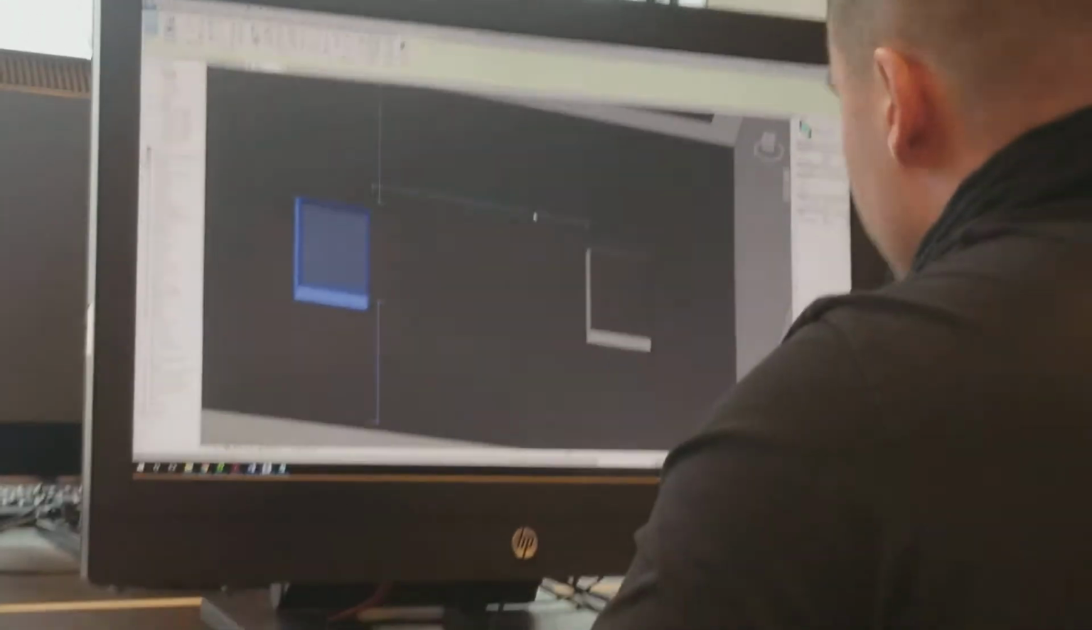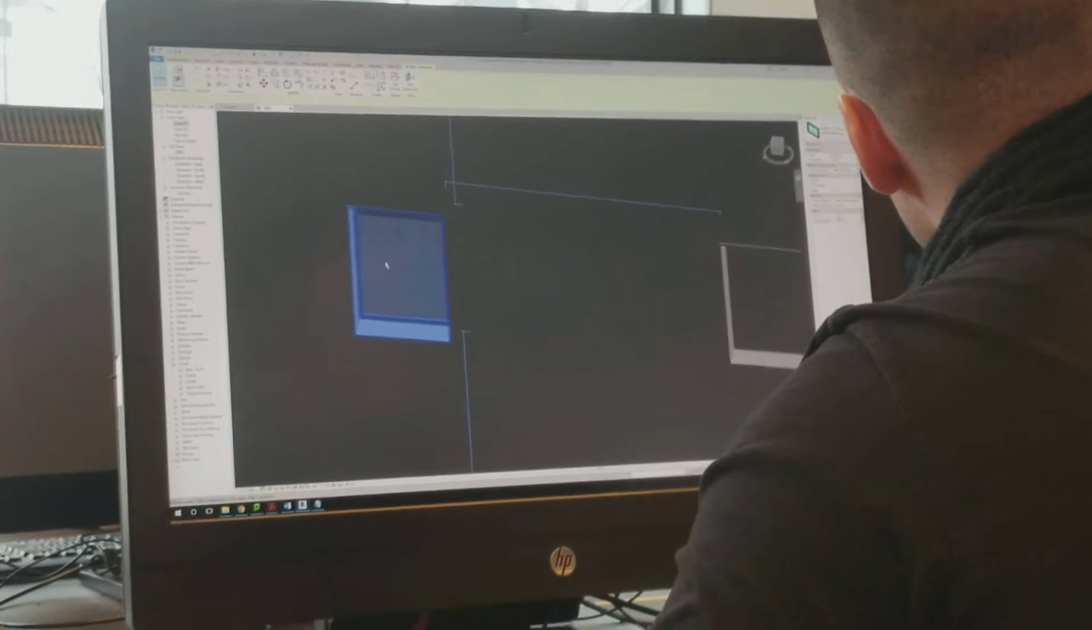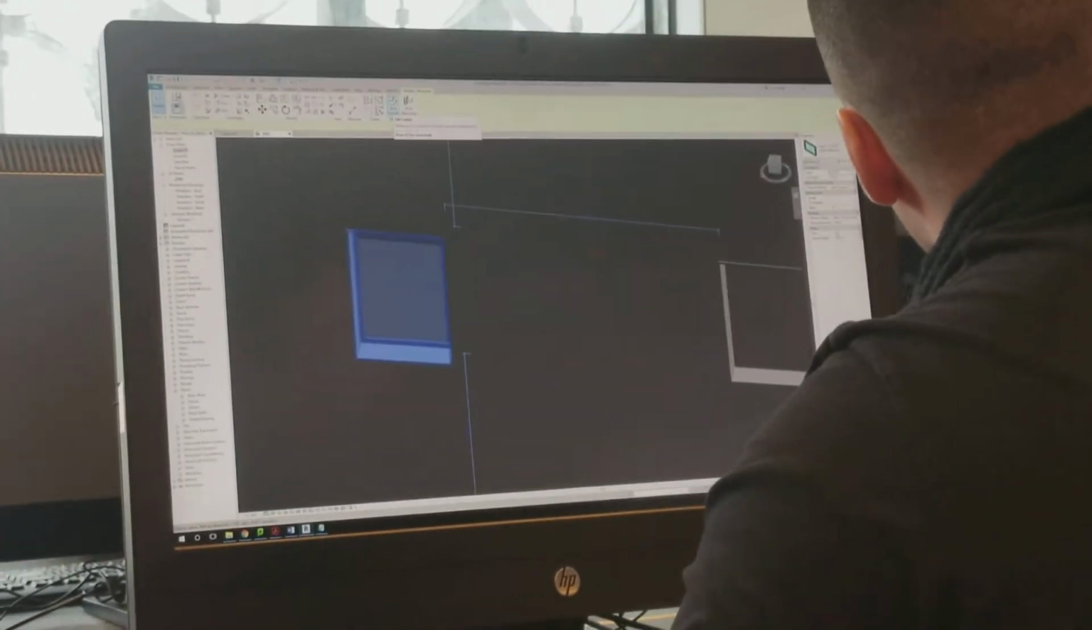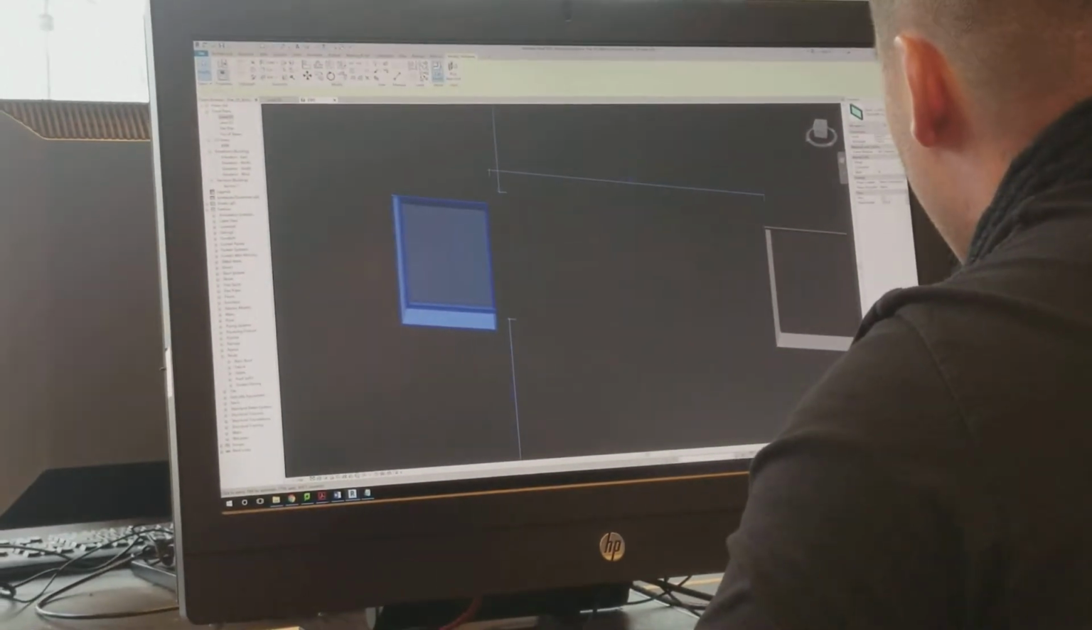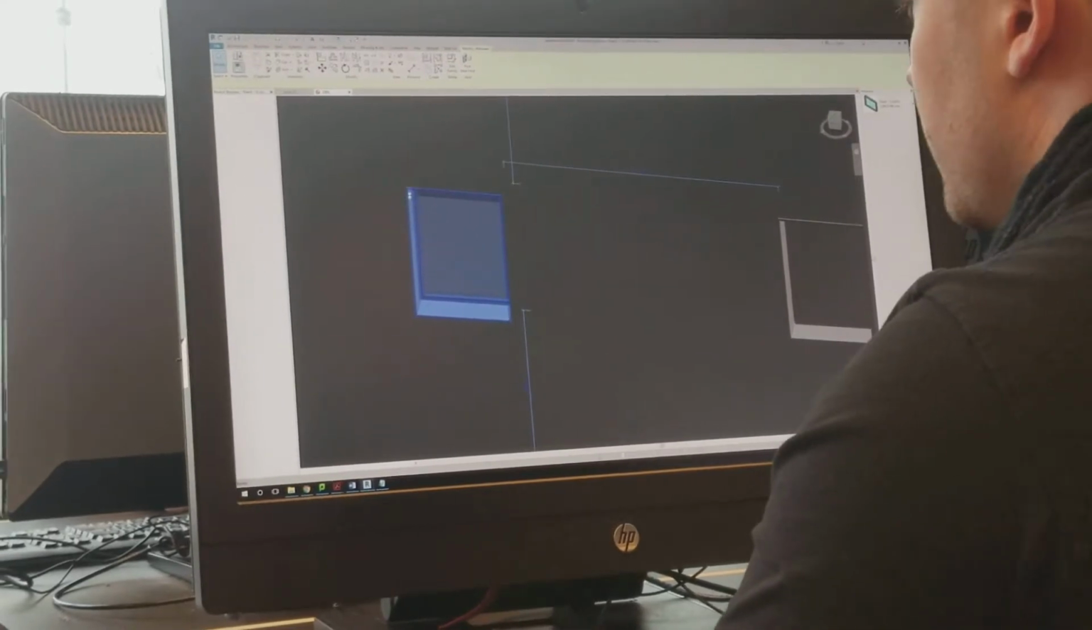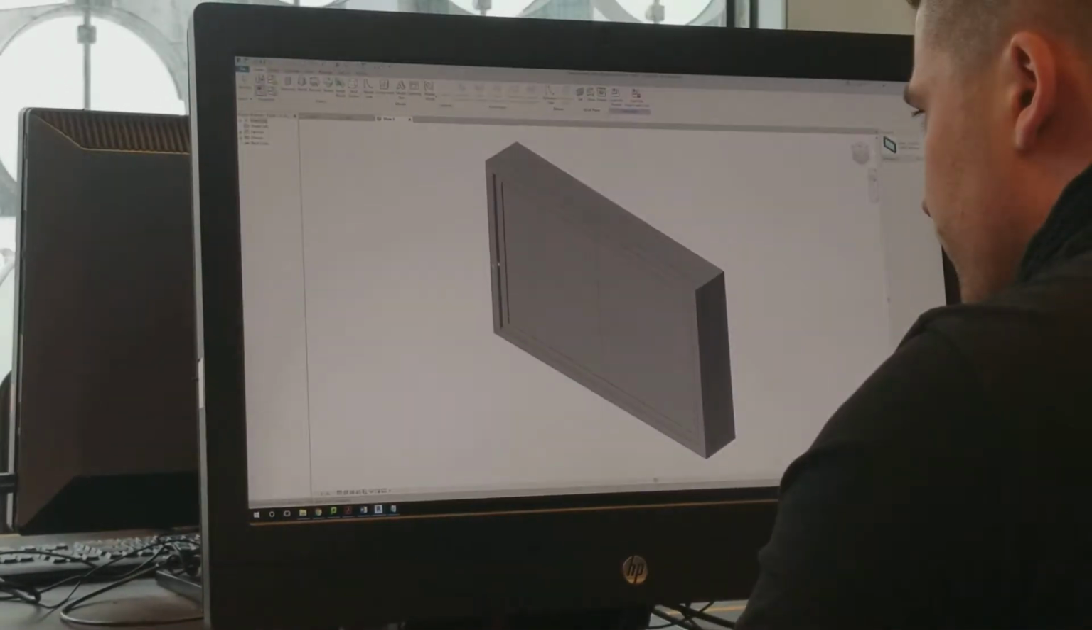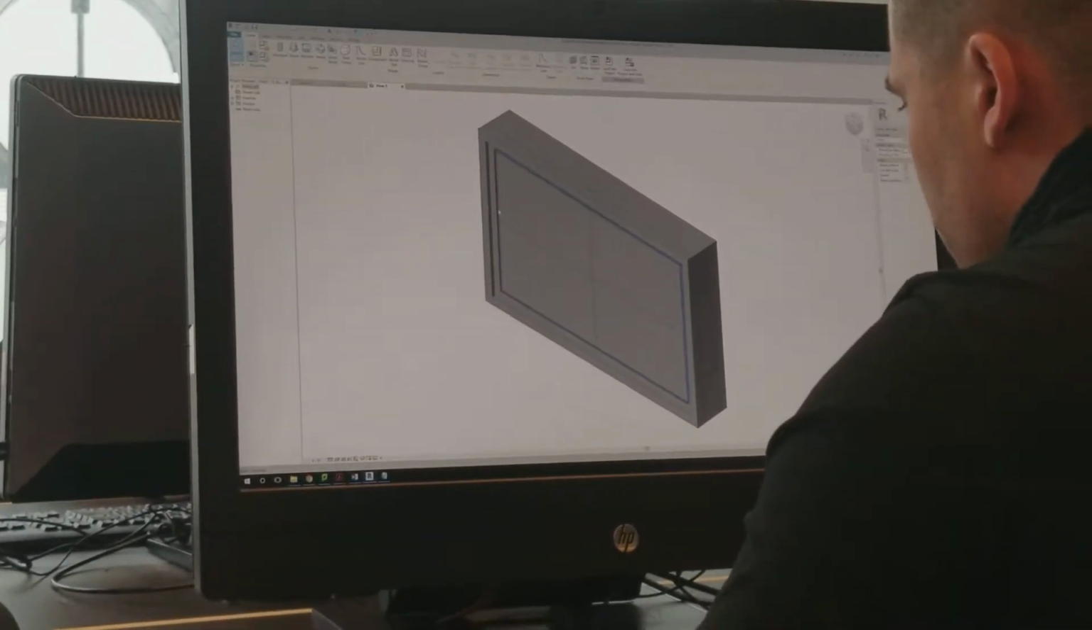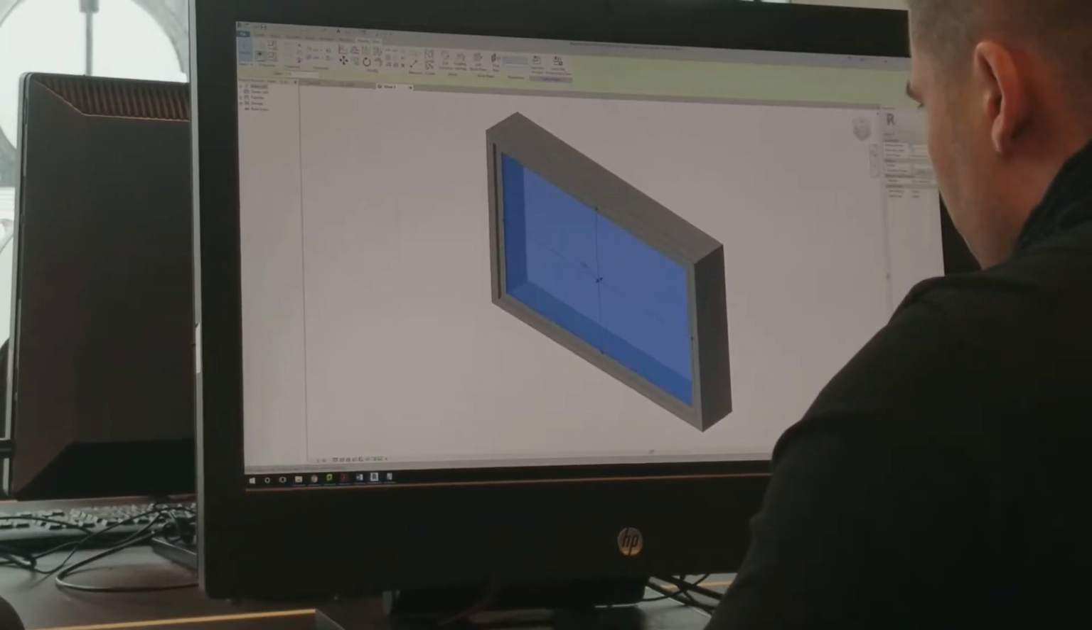Create a new parameter for it. So now I've placed my window on my wall. I'm going to open up this family by clicking on Edit Family, and we're going to assign a parameter to that pane of glass. So you'll notice if I click on my pane of glass here,